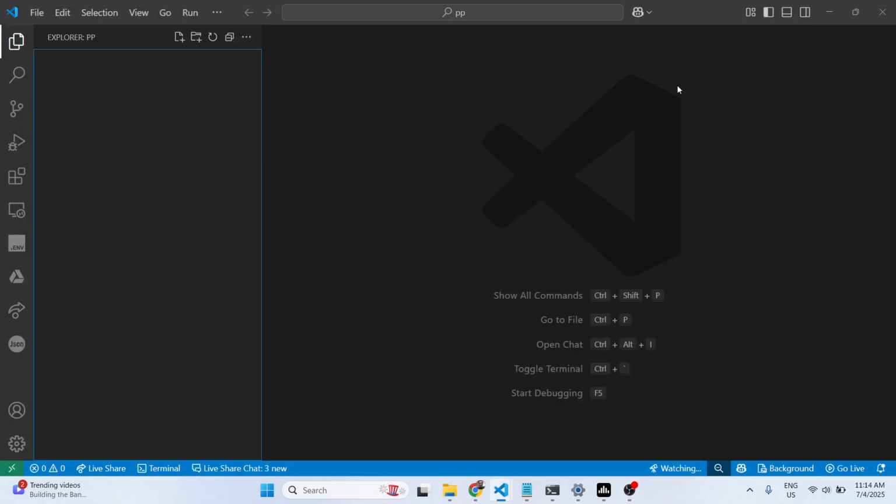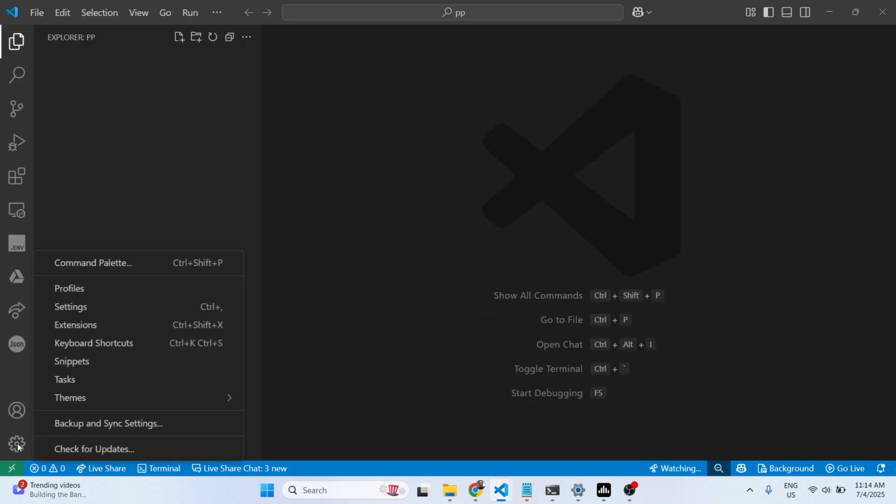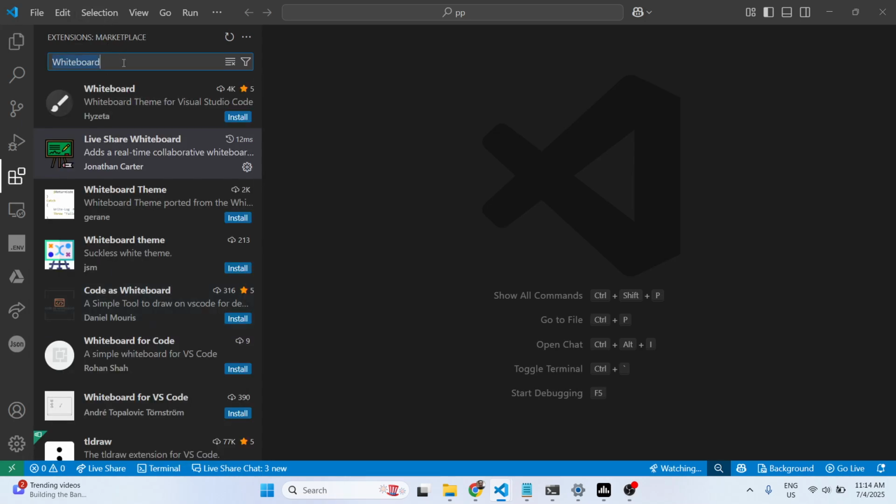So in this video I'll show you a VS Code extension which allows you to connect to a VPS SSH server, a virtual private server, directly from your VS Code. There is an extension that you just need to install, which is